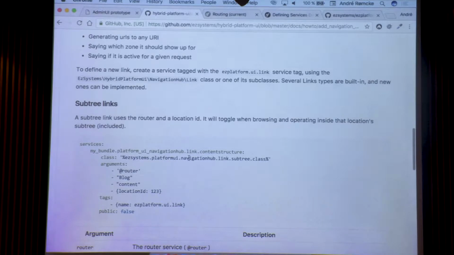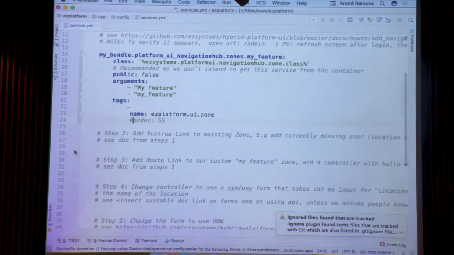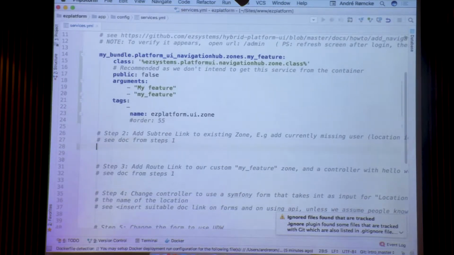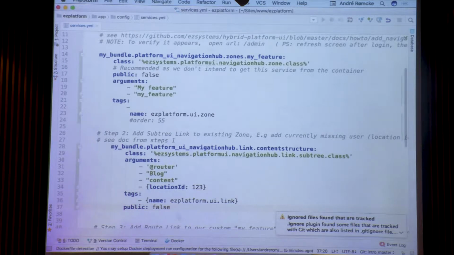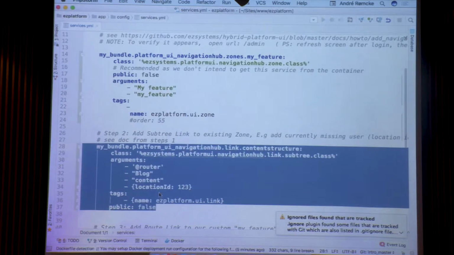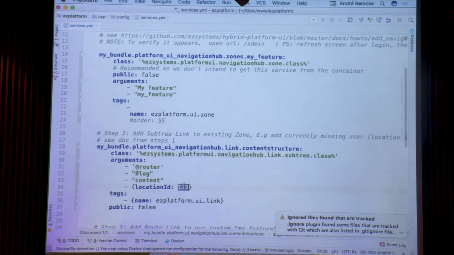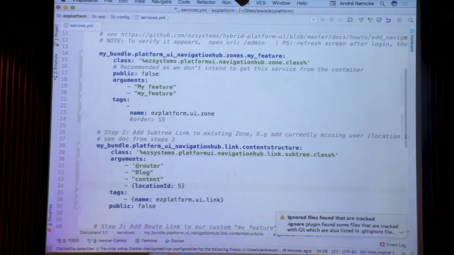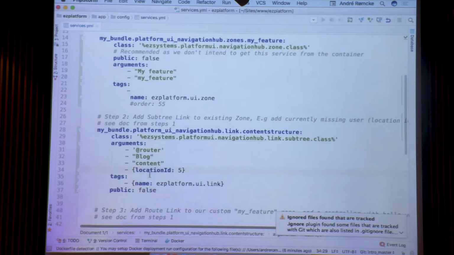It's currently missing in Hybrid UI, so you're actually adding a feature here. So in this case, it's location ID 5 as written internally here, to the admin zone instead of content, so it should be admin. And name